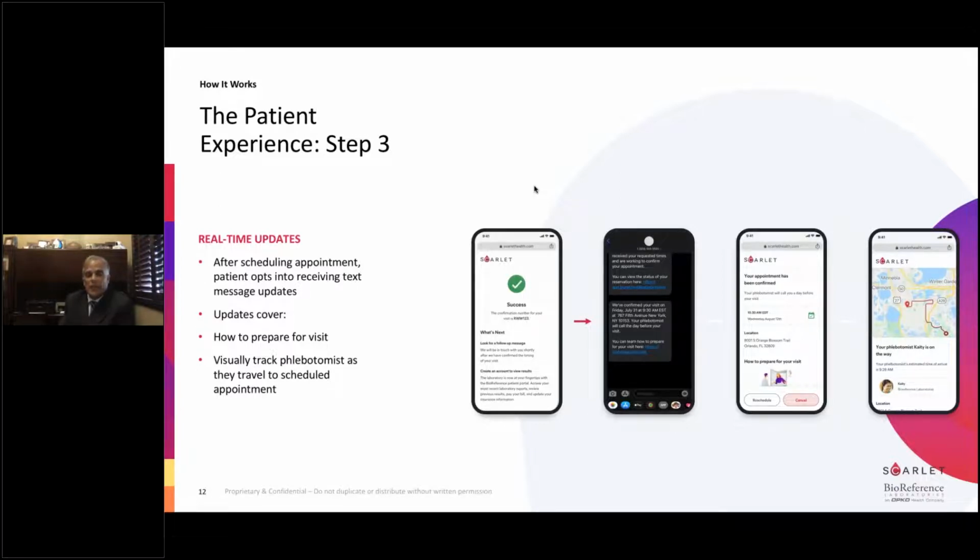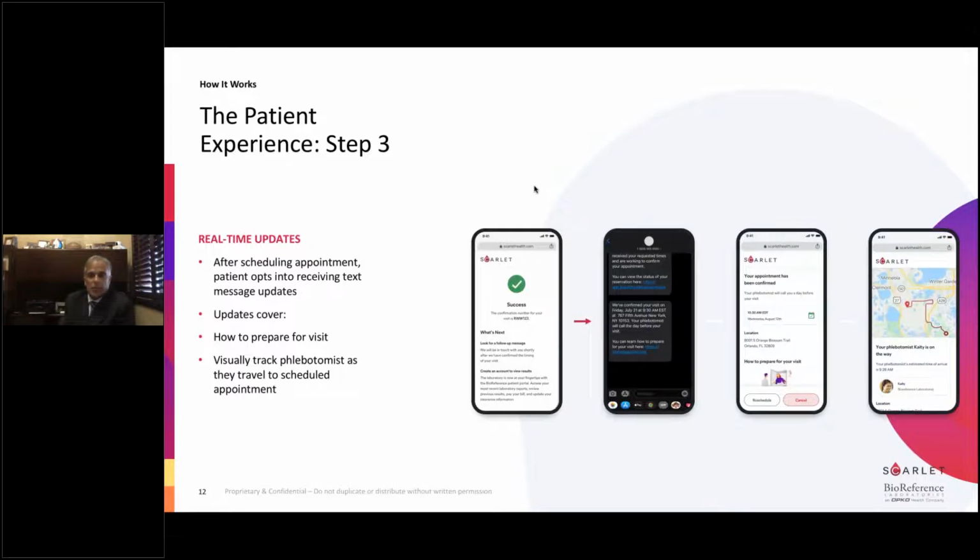And it will visually track the phlebotomist as they travel to the scheduled appointment. And this, I think, is a neat portion of the experience. The on-demand world we live in now will track that phlebotomist. So typically 24 hours, the evening before, the assigned phlebotomist for that particular patient will reach out to the patient. They will contact the patient, introduce themselves, let them know they'll be there tomorrow for their scheduled experience. And that day of the visit, the patient will be able in the app to see that tracking that you're seeing on the slide, a picture of that technician who's coming, right?